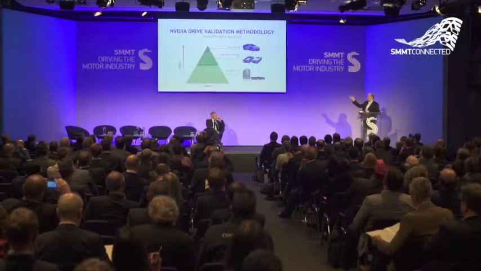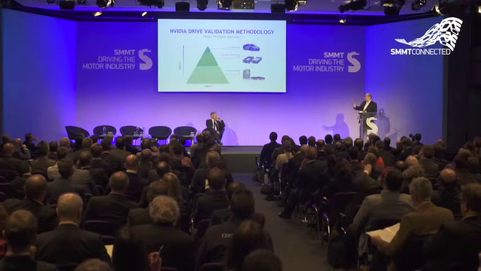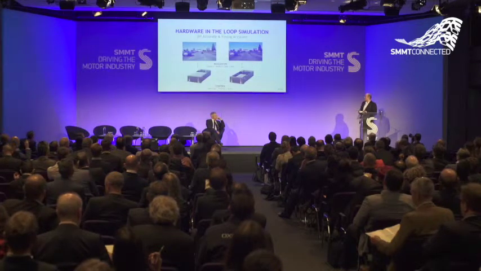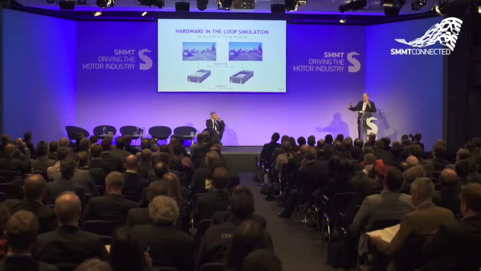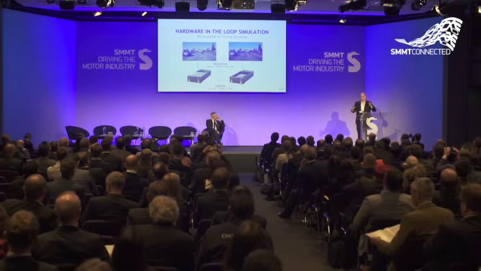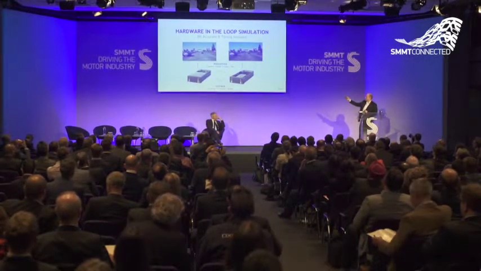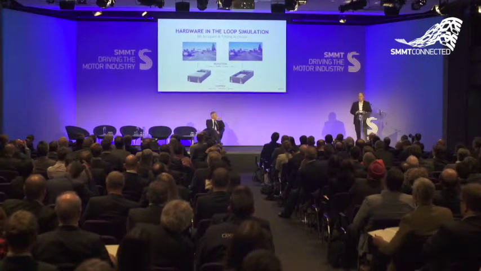Those also include things such as software in the loop tests, so atomically testing individual parts of your software solution, but also fairly large-scale hardware in the loop tests that we do with this system that you see here called Drive Constellation, which consists of two devices. One hosts an entire vehicle system in a data center chassis so that it can be placed in a rack. So you can think of it as a full automotive component placed in a data center. And the other one creates a real-time photorealistic simulation that allows you to do regression tests and also make sure that you have extensive test coverage.